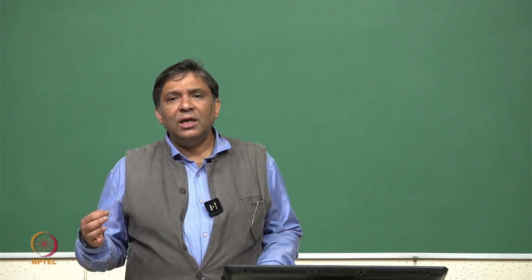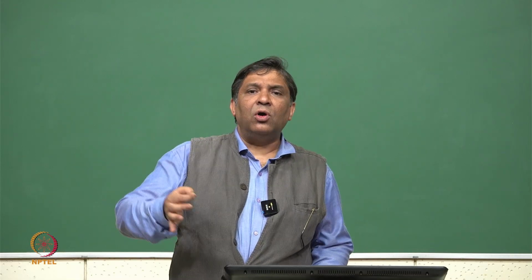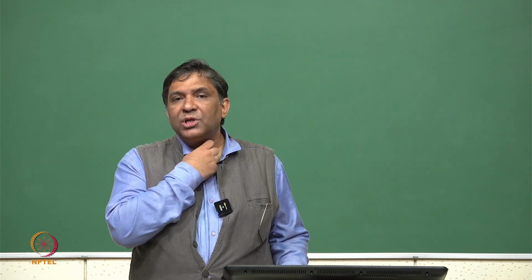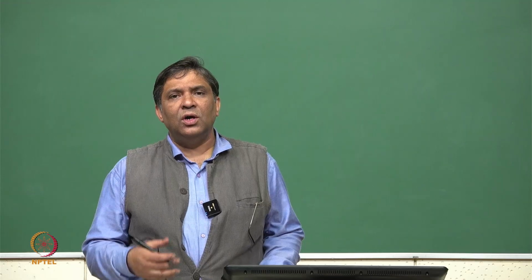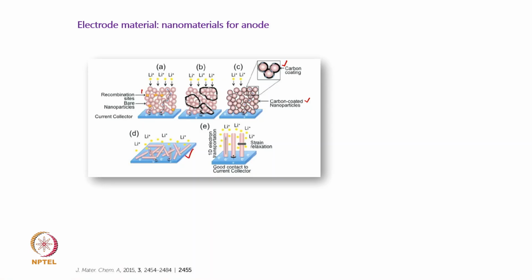If we do not do that, then we change the shape of this nanostructure. So, what shape can one have? One can have a shape like nanotube, nanowire, nanorod, etc. They are all cylindrical or one dimensional shapes of the nanostructure, where the nanoparticle is, one can say, a 0 dimensional shape. You can see that one can have nanorods which are randomly on the current collector, or nanorods which are vertically grown on the current collector.